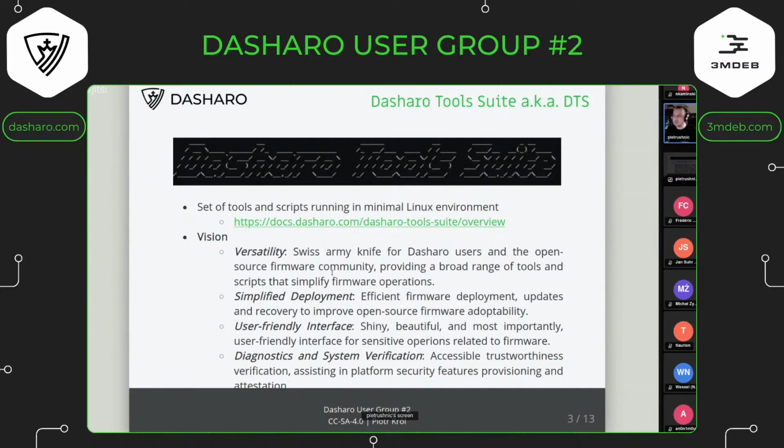First of all, we want to have a tool dealing with all the things that an open source firmware community member or user will have to do. So first, of course, is the initial deployment of Dasharo to the main board. We're using DTS to do this deployment. To simplify this deployment, you boot this DTS and just run one option, and you have deployment. There are other features like the hardware compatibility list report, which gathers the logs and sends these logs to